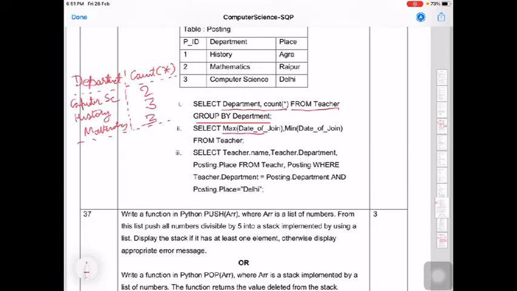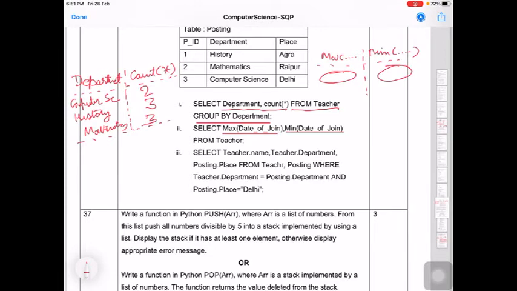These will become the heading, and below them you will be writing the values. So you will write like max, this is the column name, then this will be dashed lines, then min date of join, then you will write the value that you get. Okay, you will check the date of joining column and you will get the maximum and minimum date.